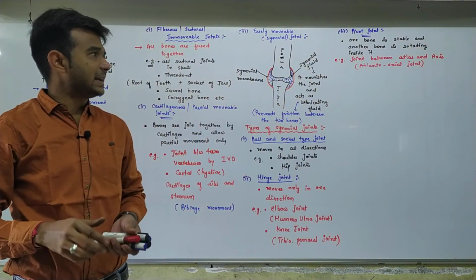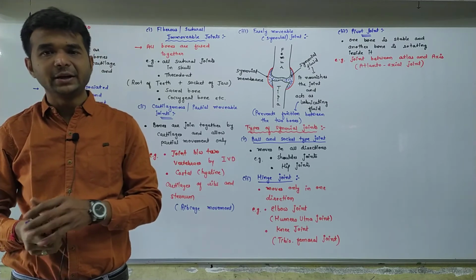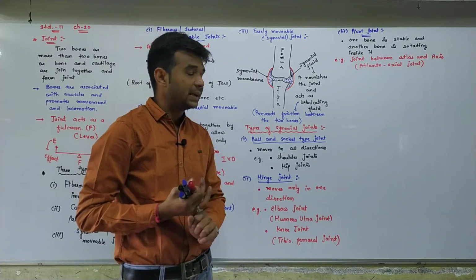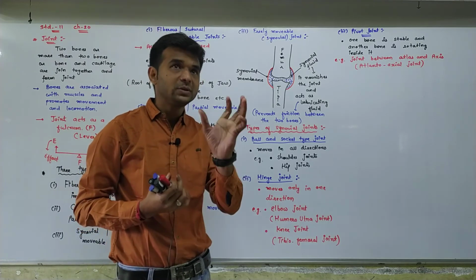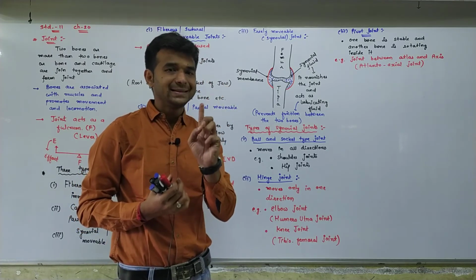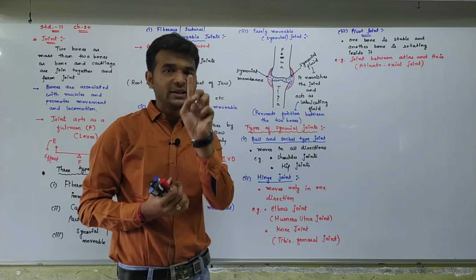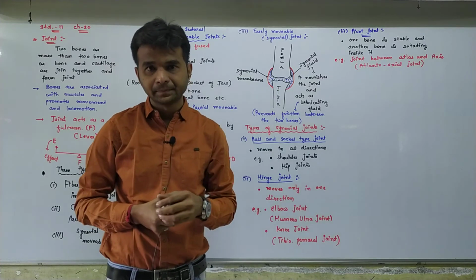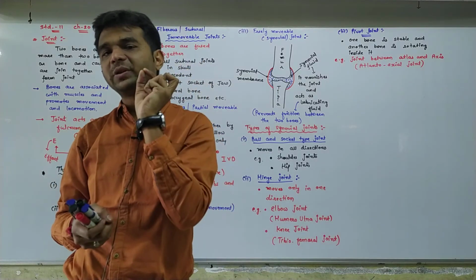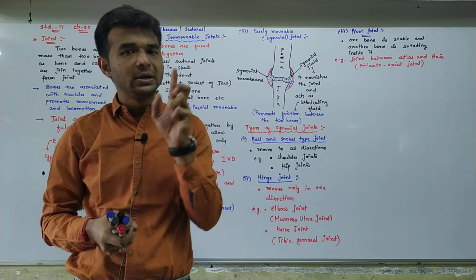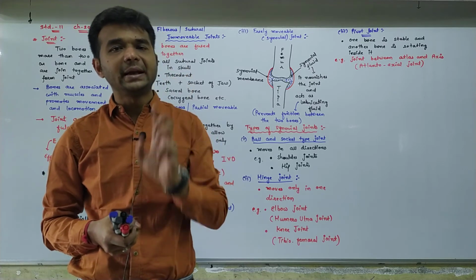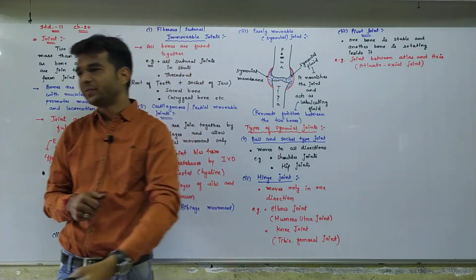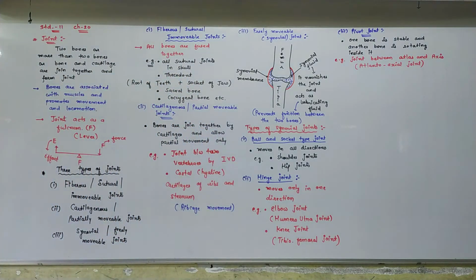the joint between atlas and axis is known as atlanto-axial joint. Yes, you know that. Atlas is fused with the skull, whereas the projection of the axis bone is known as odontoid process, and it enters inside the atlas bone and rotates inside it. So this type of joint is known as pivot joint.